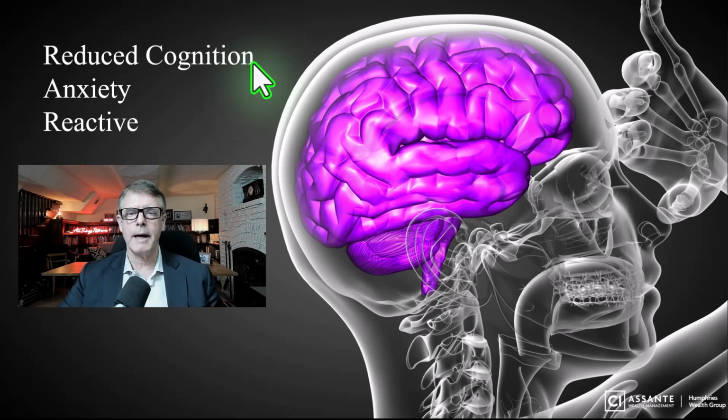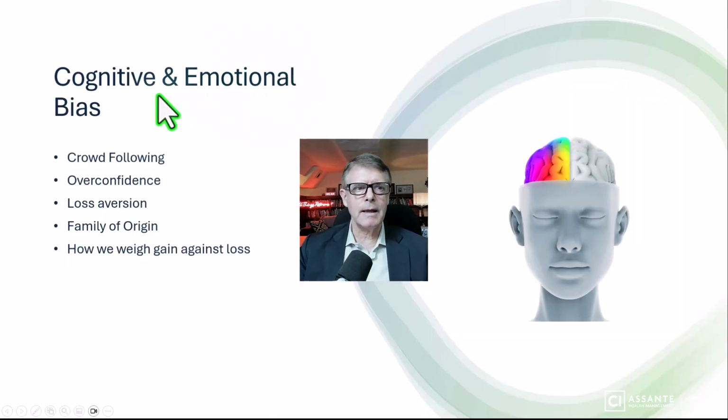You're not a robot, and there will be times. Maybe life is tranquil right now. Everything's going according to plan, but that won't always be the case. And so we need to acknowledge that. Secondly, we have cognitive and emotional biases. We have subconscious drivers that influence our behaviors. We think we're being rational when sometimes we're just not, but we're not aware of it.